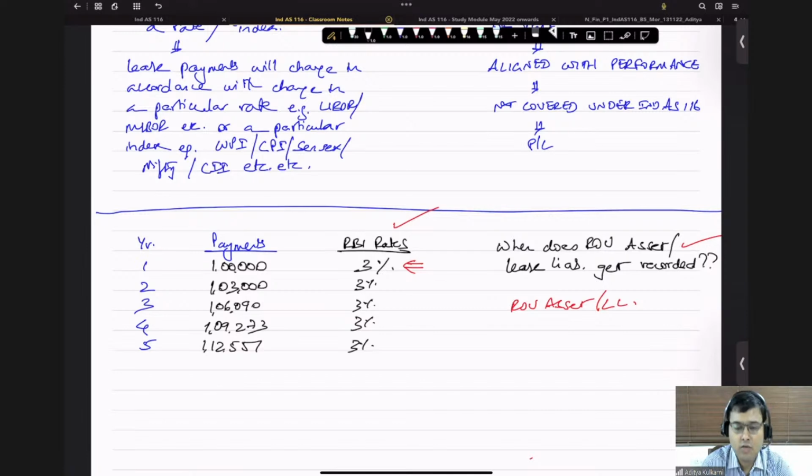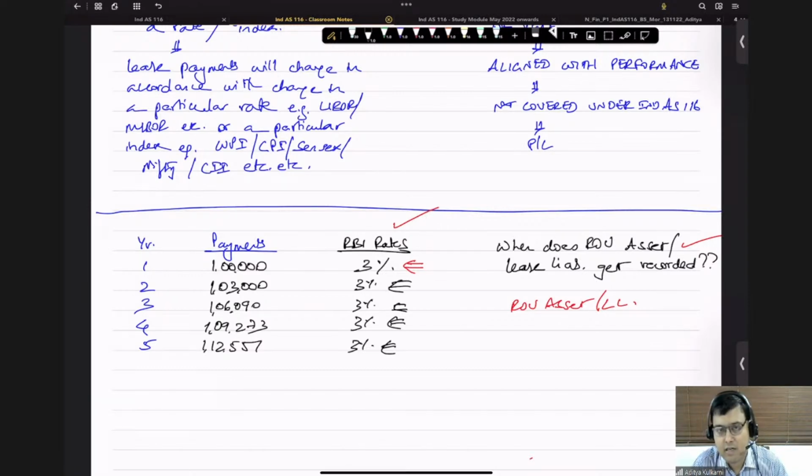You will do the calculation of the lease liability, assuming that your RBI rate is going to continue at 3%. And